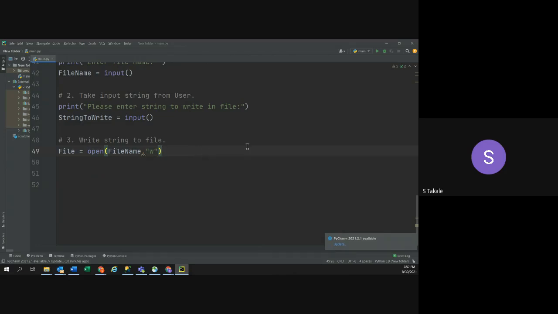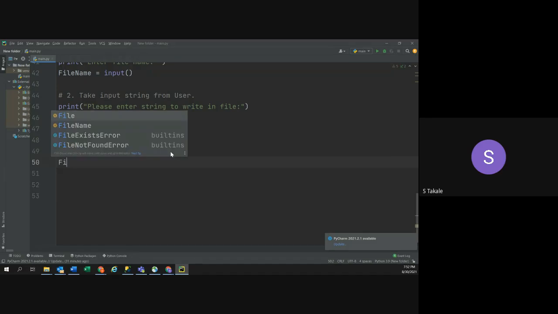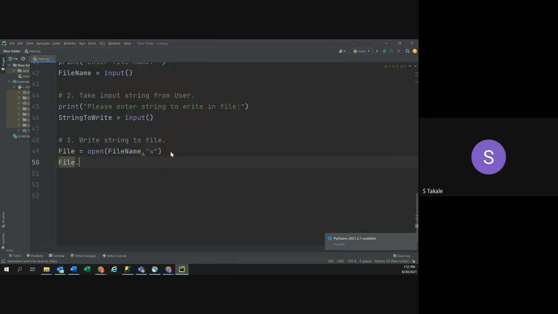When we open the file, so we open this file which the user has named, right? And then we are supposed to write what you got in this string, right? So what we are going to say, file dot write, and